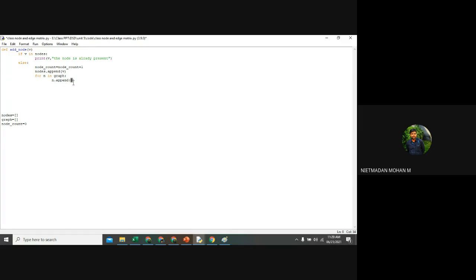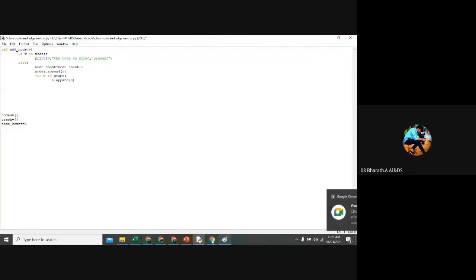Are you getting this point? First node I have inserted, and after inserting that, the matrix representation will be an n into n matrix or k into k matrix, whatever it may be. So here n will be 1, so I am going with a 1 into 1 matrix. There are no edges on that particular node, so I am representing it as 0. Any doubts in this?